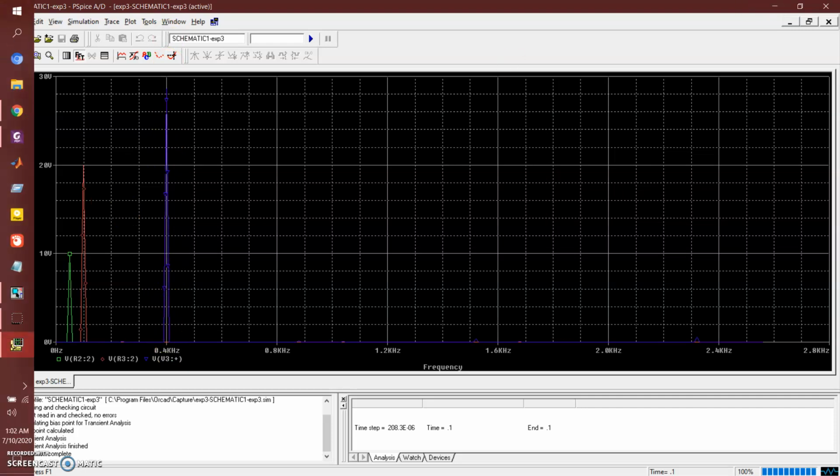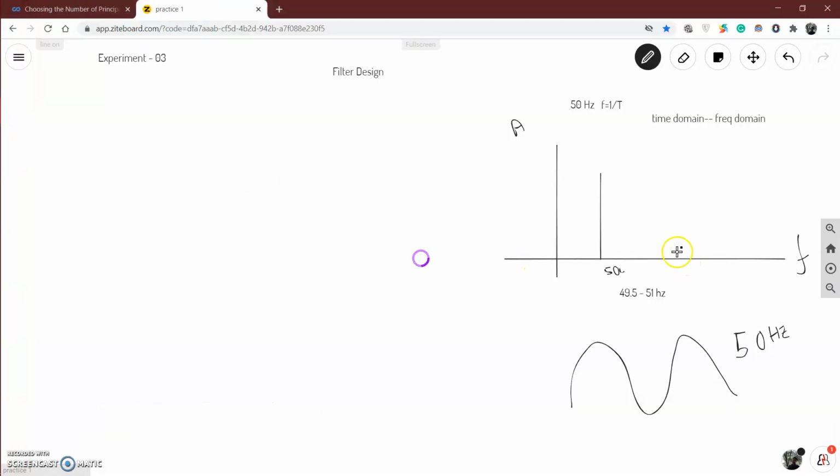So what I am getting here is a peak at 50 hertz. I have another peak at 100 hertz. The amplitude is